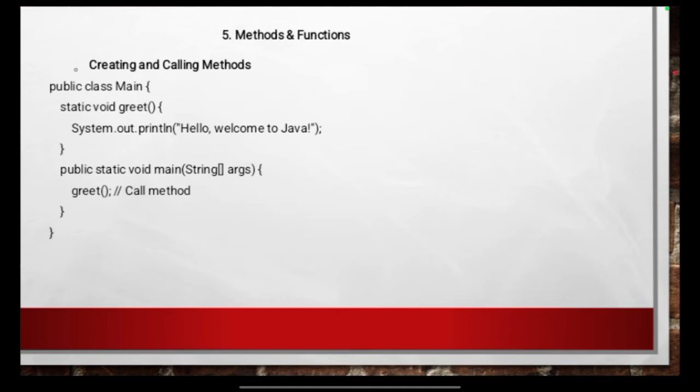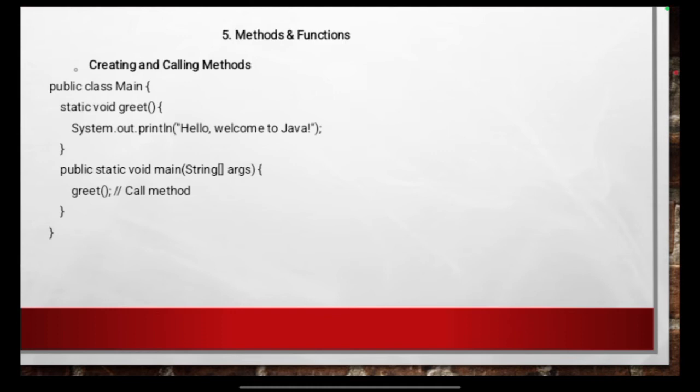Public static void main(String[] args). This line defines the main method, which is the entry point for any Java program. Public. This means the method can be accessed from anywhere. Static indicates that it can be called without creating an instance of the class. Void. The method does not return any value. Main(String[] args). The signature of the main method, where the String array args allows the program to accept command line